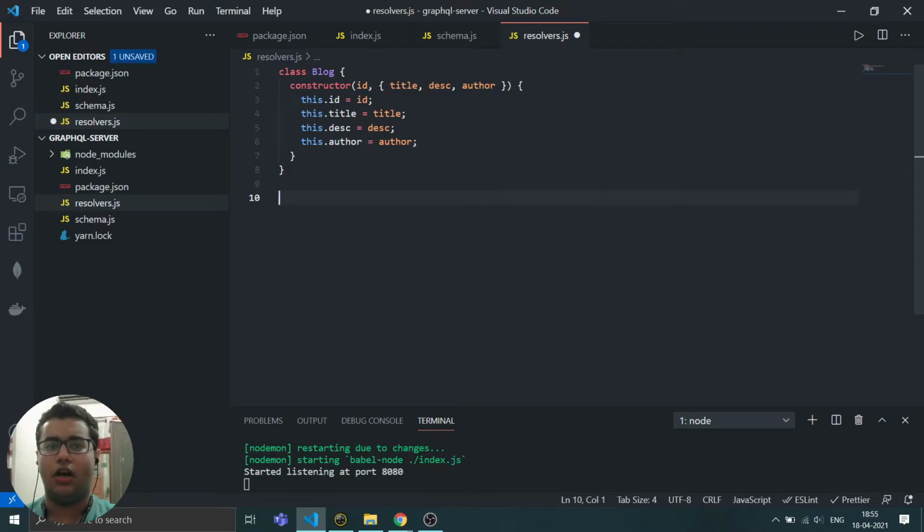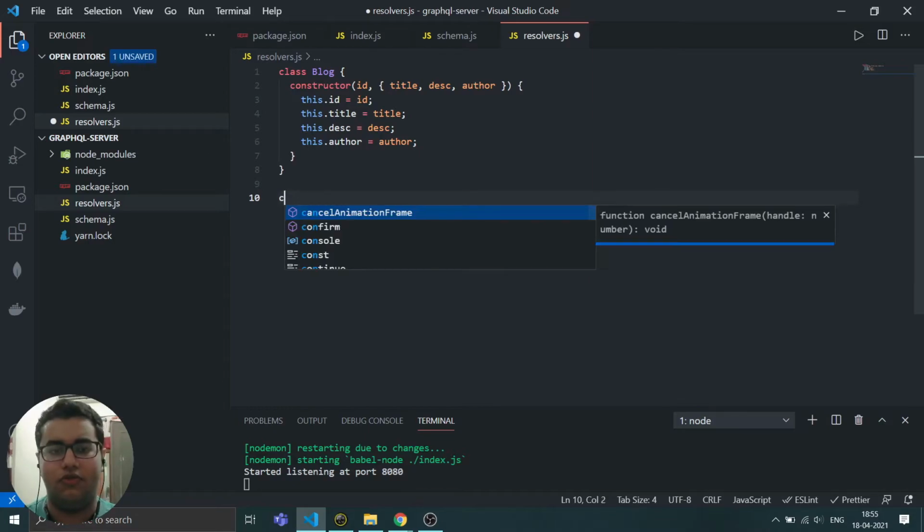For this video we are not going to use any database, like MongoDB or PostgreSQL, nothing. We will be storing everything in a local object. So for that we are creating a class of blog. The input we get, we will be storing inside an object of type blog, so the object will be acting as a database.